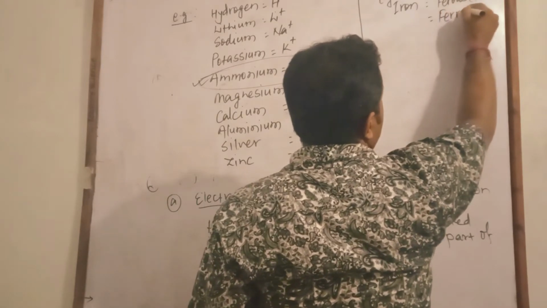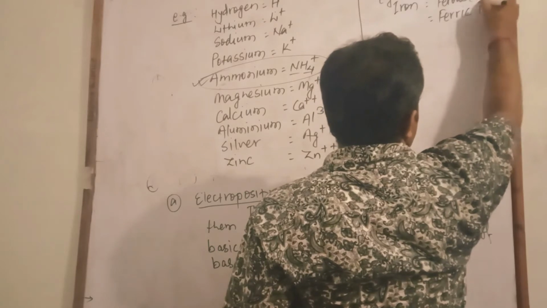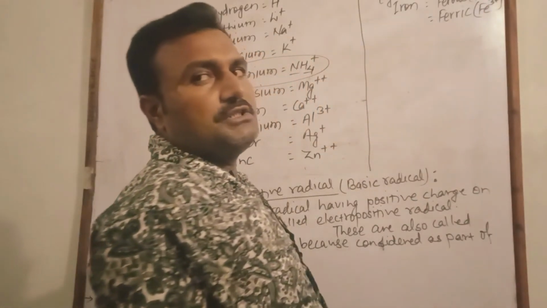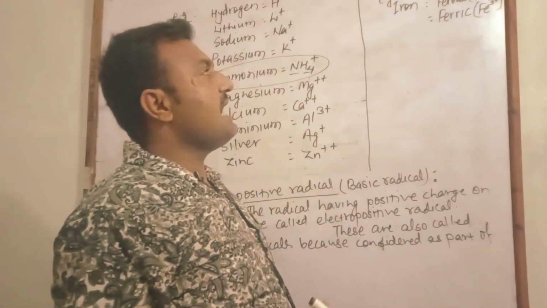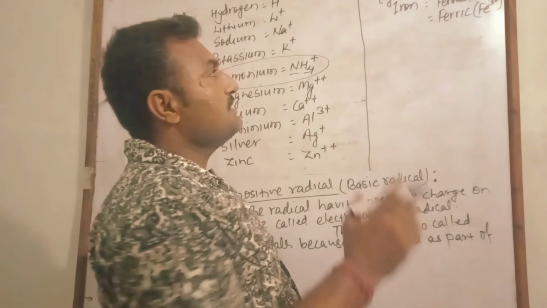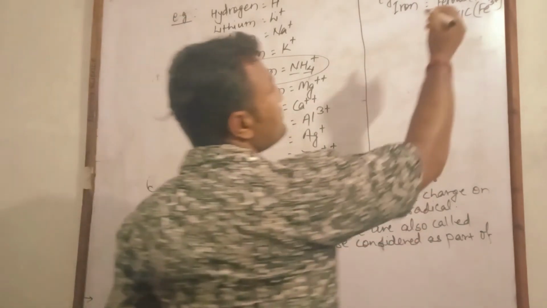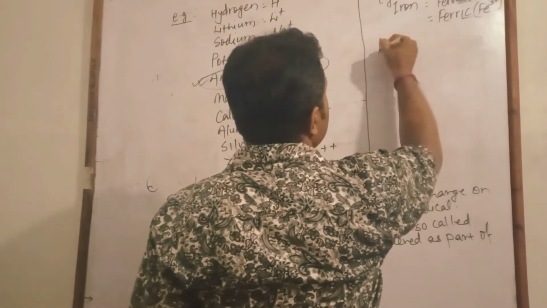Ferric, Fe3 plus. Generally in all types of electropositive radicals which have variable valency, the lower valency ends with OUS and the higher with IC, like lead,